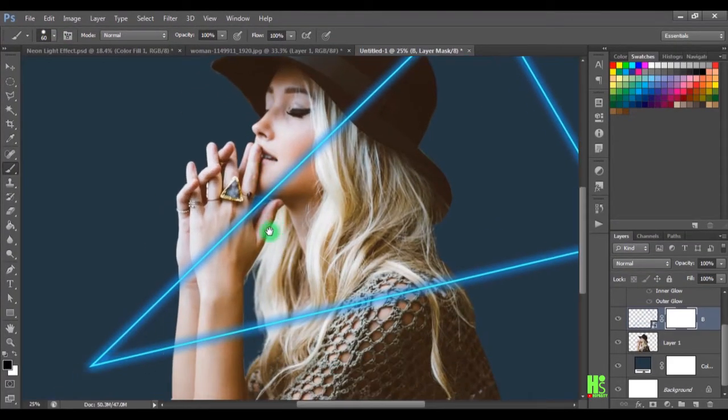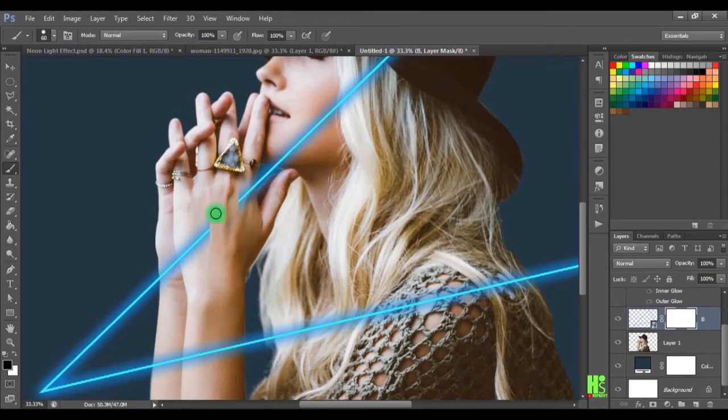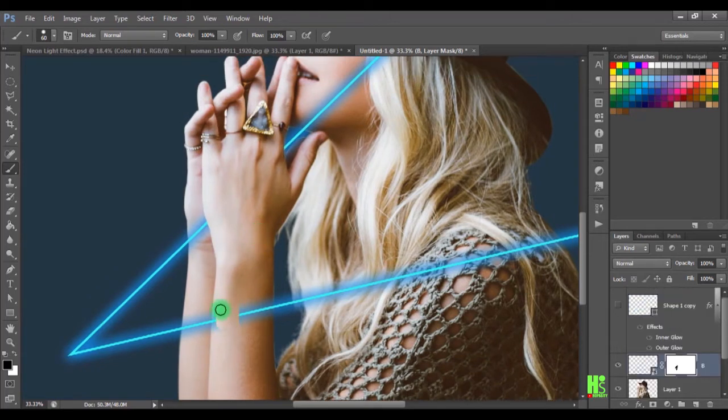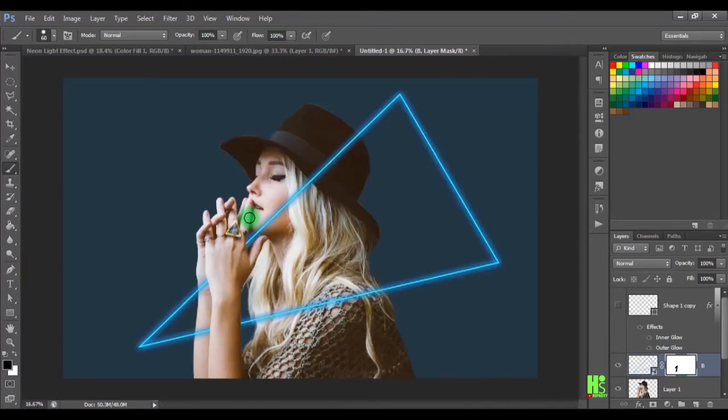So I'm going to zoom in and then start removing the stroke properly. We want it to feel as if the line is cutting across our palm. So I'm going to remove this one too. Alright, so the next thing to do